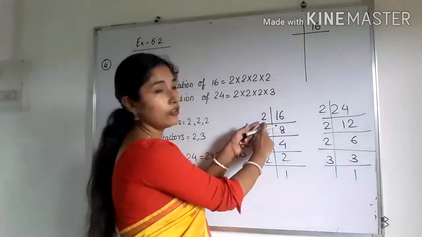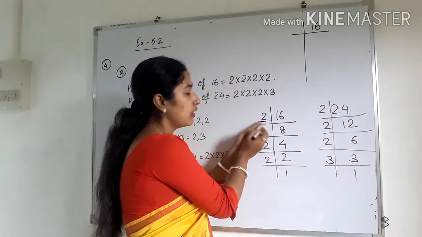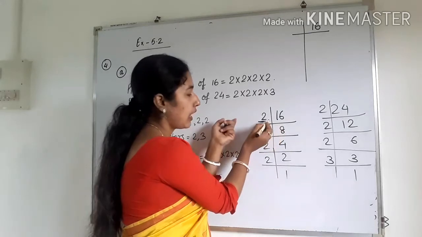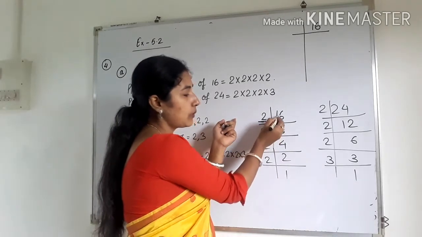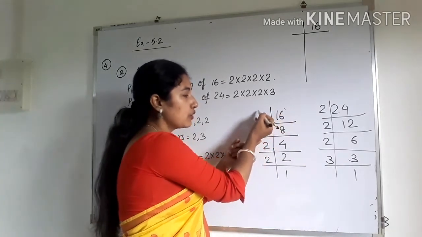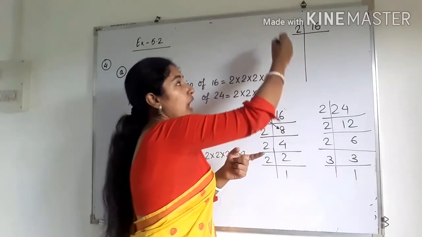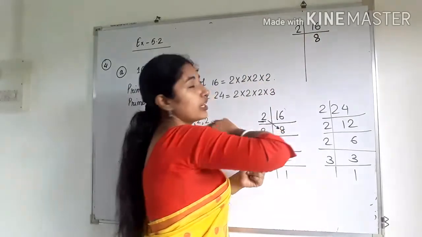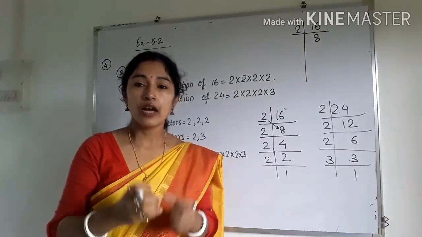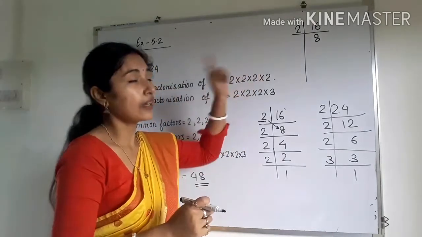So here we are writing 2. Okay, so now next step will be we have to write the quotient here. Okay, 2 8s are will be what? 16. Like that you have to do. So see, 16 is the dividend, 2 is the divisor, and 8 is the quotient. Here remainder will always be 0 as we are taking a number which should be exactly divisible. Okay. So like that 16 is exactly divisible by 2.